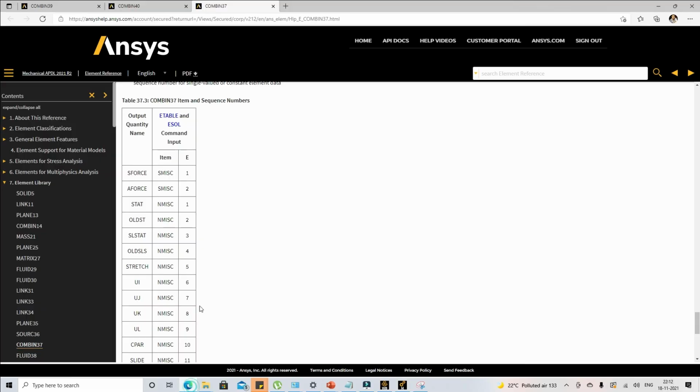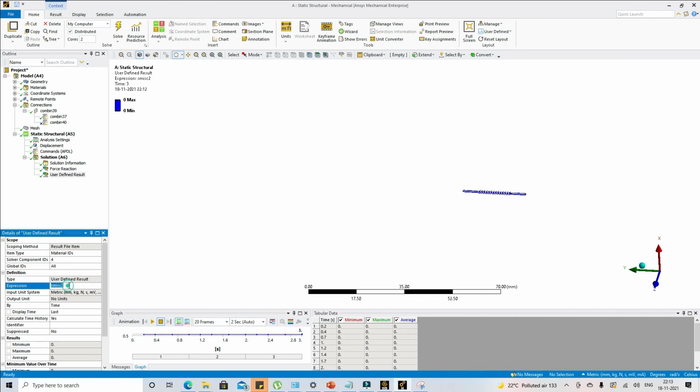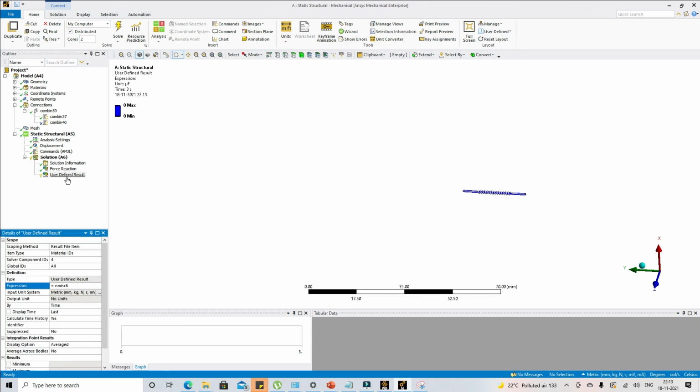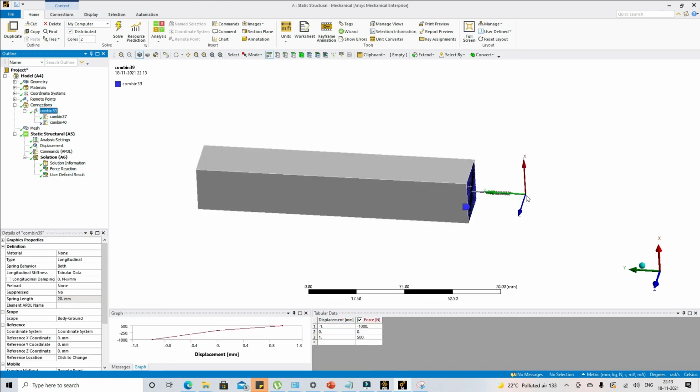Now, if we check this variable, this is a force. The force is actually 0 because we are not applying any force. Let's check what the displacement is at the ith node. That is ui, which is nmisc6. So I can check nmisc6. It's again 0, because we are assuming the ith node as grounded, but we can check the movement at the mobile location.